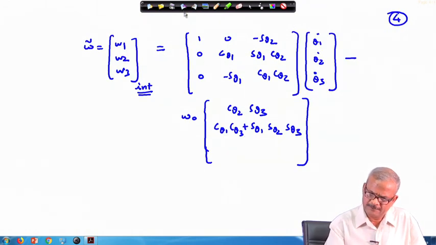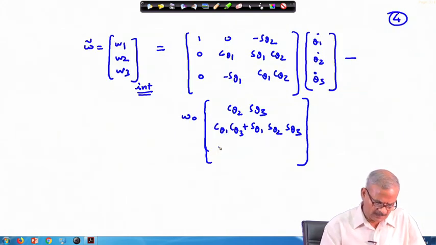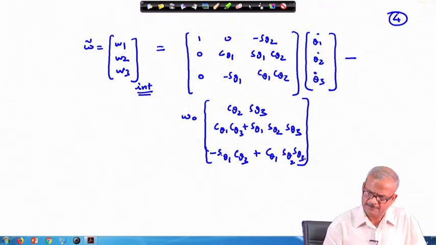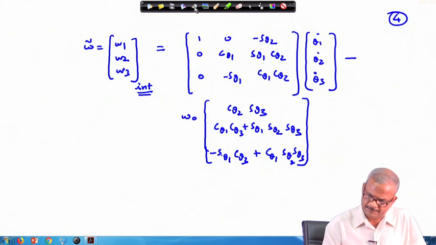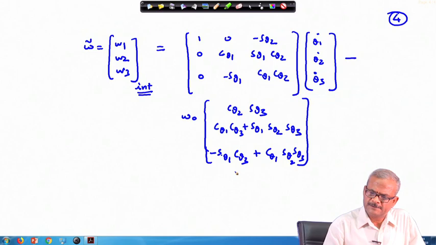Similarly, picking up the other part, here we have minus s theta 1 c theta 3 plus c theta 1 s theta 2 s theta 3. Okay. So, this gives you the